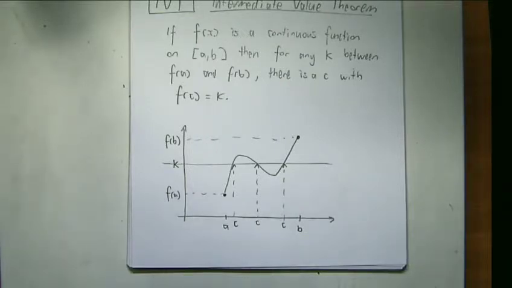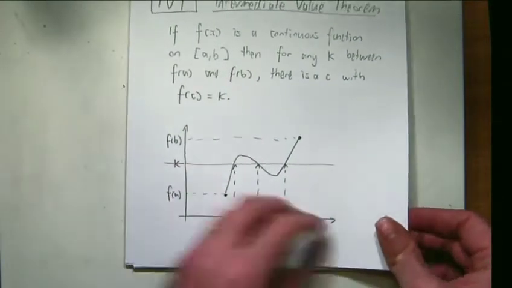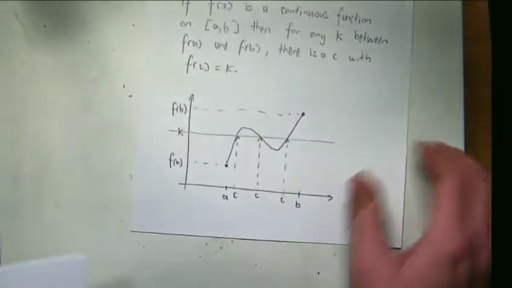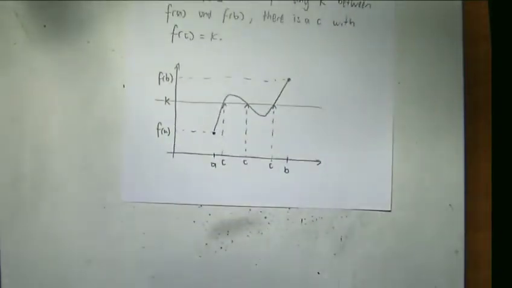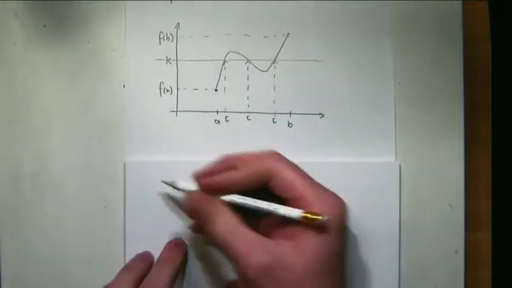Okay, so what does that mean? Well, it means that you can at least prove that something has a zero by showing that it's below zero somewhere and above zero somewhere. So just as an example,